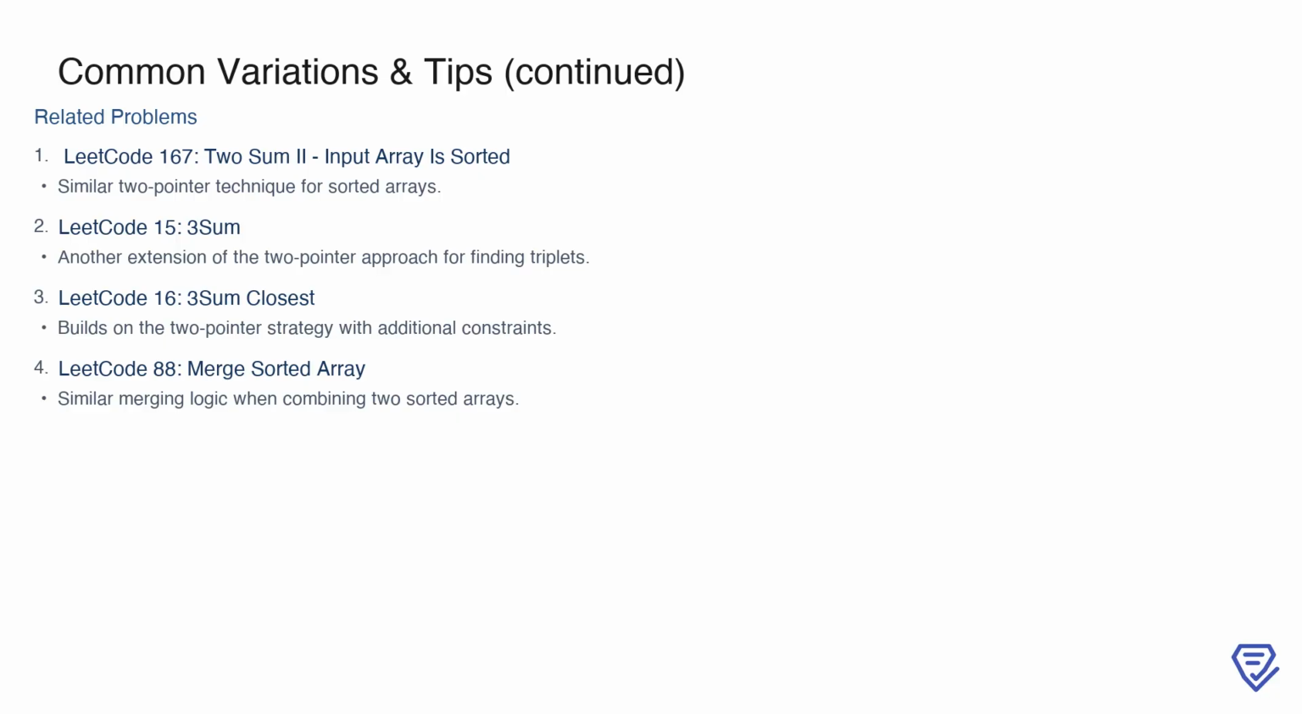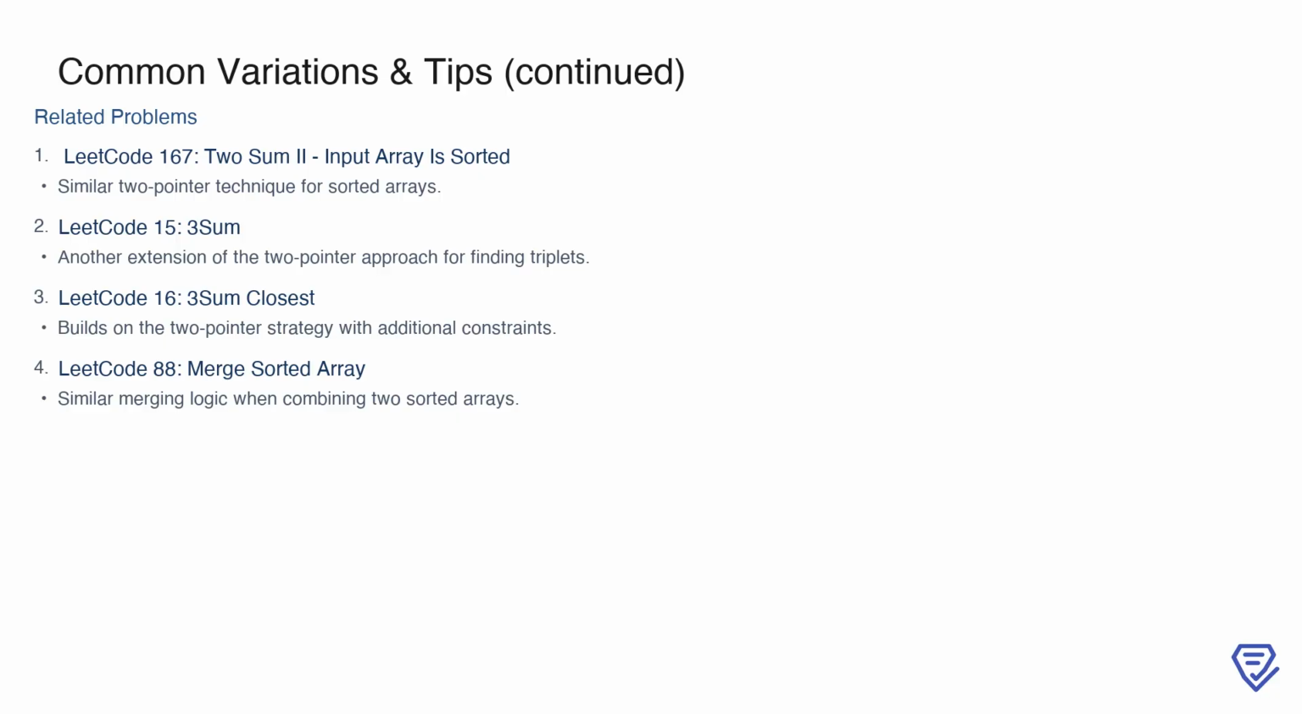LeetCode 15, 3Sum, extends this idea by searching for triplets that meet specific conditions, requiring careful pointer management. Similarly, LeetCode 16, 3Sum Closest, builds upon the two-pointer method but introduces additional constraints to find the closest sum to a target. Finally, LeetCode 88, Merge Sorted Array, involves merging two sorted arrays into one while maintaining their order, which parallels the merging logic used in the two-pointer approach for this problem. Exploring these related problems can deepen your understanding of how the two-pointer strategy can be adapted to solve a variety